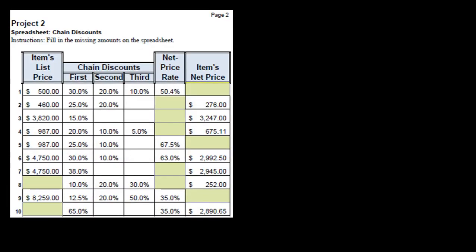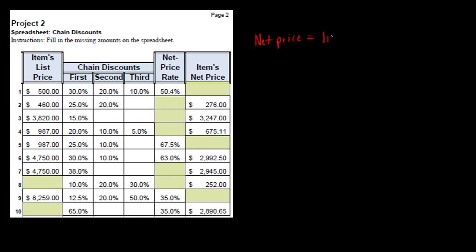So here's the second page of Project 2. Now keep in mind that the two pieces about the lemonade stand are not required for this project. So this is where you'll begin Project 2. We're given a spreadsheet on chain discounts, and the instructions are to fill in the missing amounts on the spreadsheet. Easy enough. The most important relationship that we need to know is that an item's net price